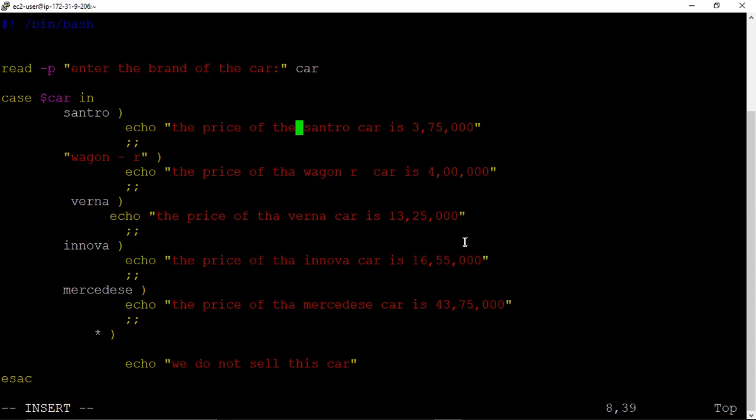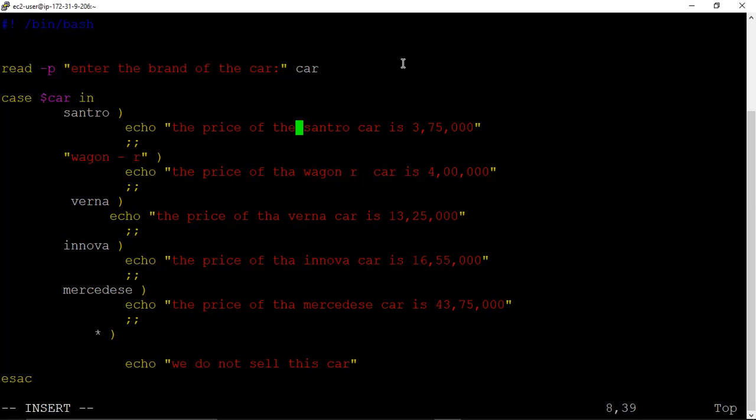The price of the Innova car is this much. Then next brand I have taken is Mercedes, and see what is the action taking place. The price of the, oh my God, friends, I have copied this and I have made a mistake in the spelling of THE. That doesn't matter, let it be. The price of the Mercedes car is 43,75,000.